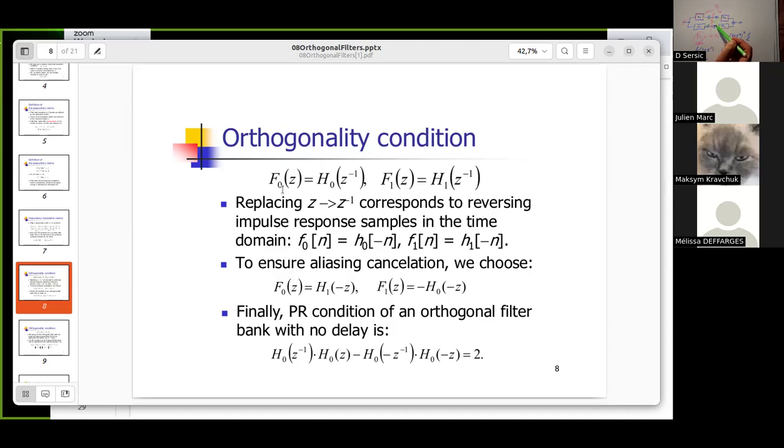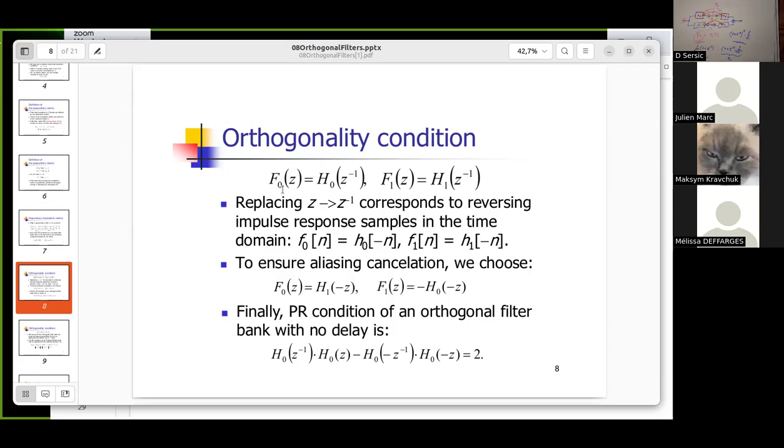But right now we have no cross connection. Now F0 is related to H0, so we have some additional relations between these two guys as well as these two guys. It is enough to calculate only the upper branch,